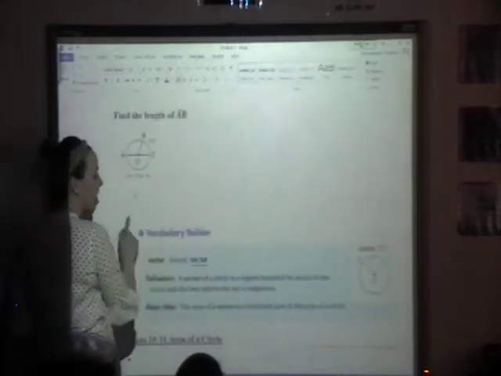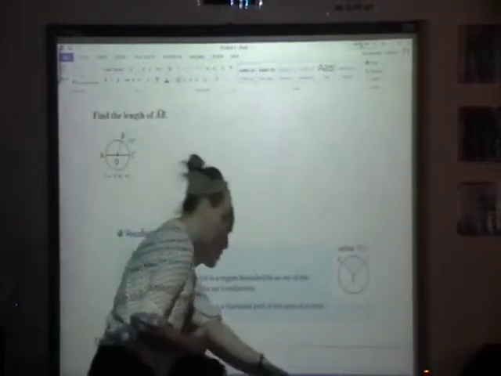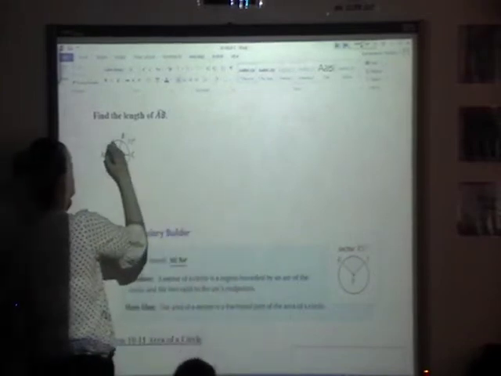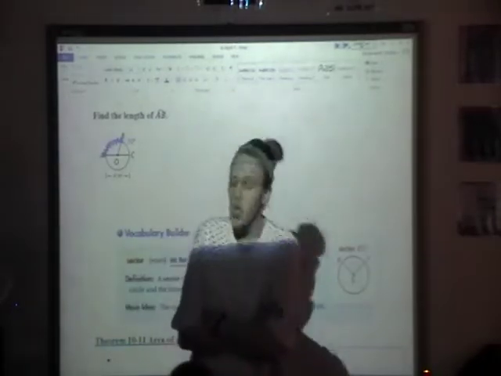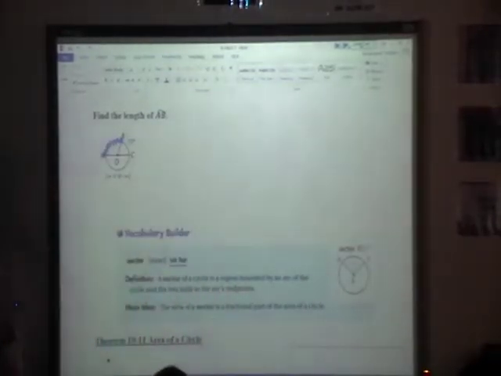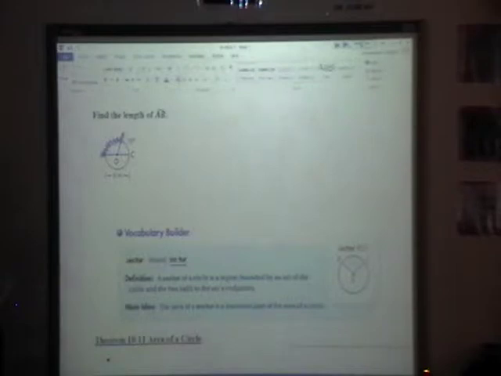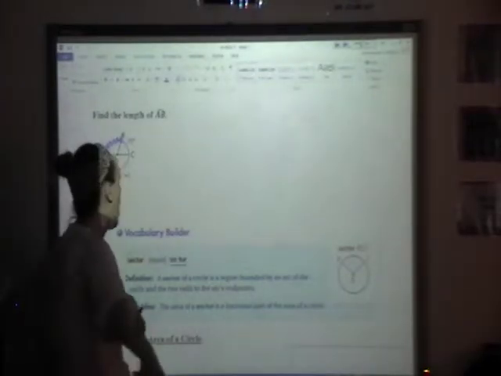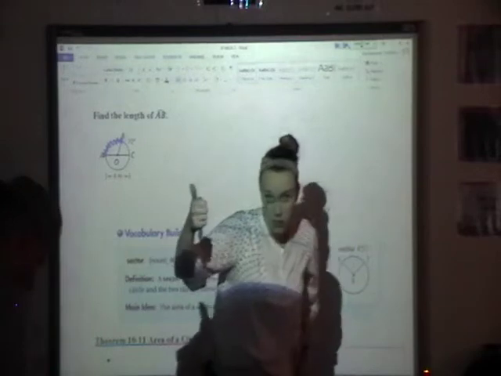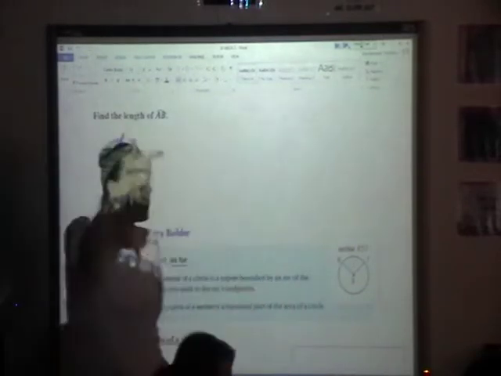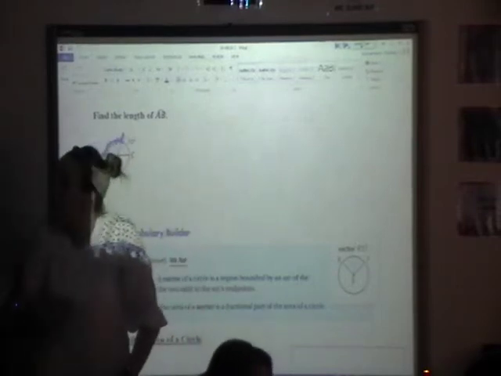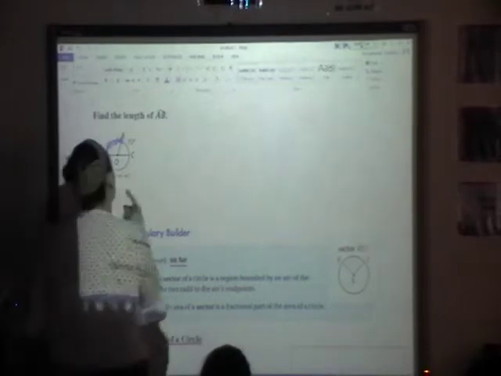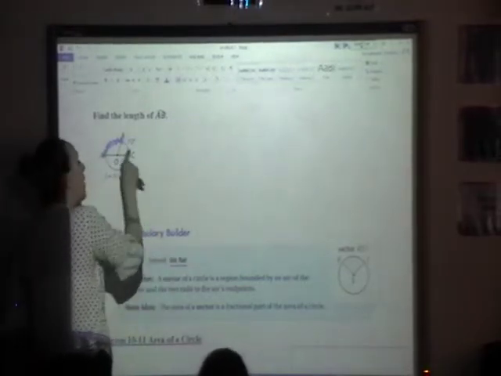So find the length of the arc AB. So it's telling me that we're wanting to use this right here. The length of AB. Are we given that degree? Are we given the arc length of AB? No. So we have to find it. And the pieces of information that we do know is we know that a full circle is what? 360. A semicircle is 180. And to figure out what we're missing, we can either subtract from either of those, depending upon what we're looking at. So to find the length of AB, we are given,